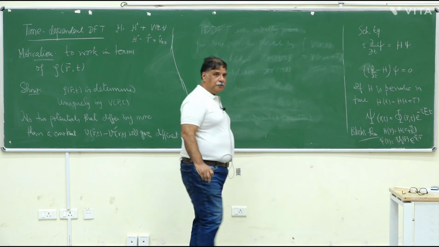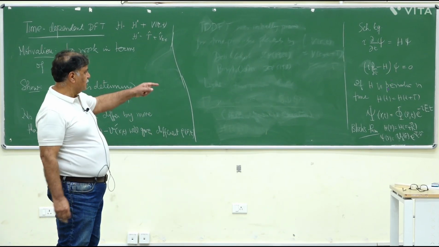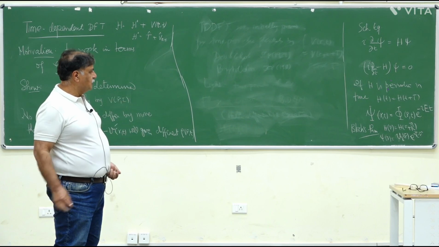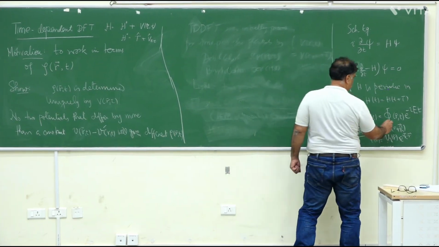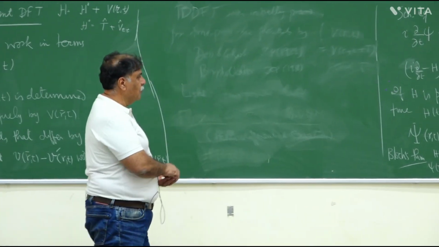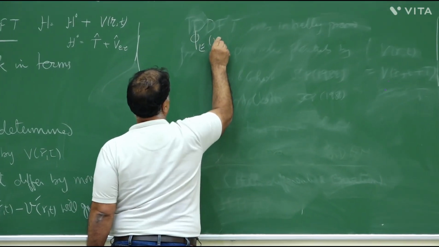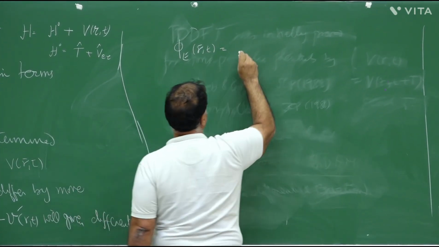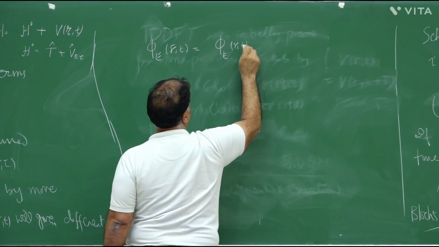So instead of periodicity in space, now I have periodicity in time. So instead of k, I have this epsilon t and some phi(r,t), and phi(r,t) is periodic in time,